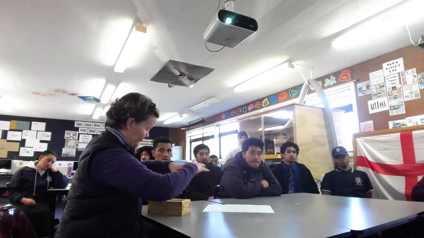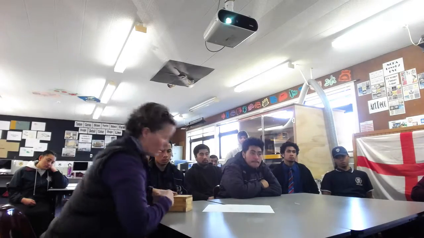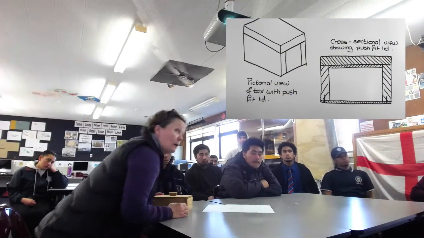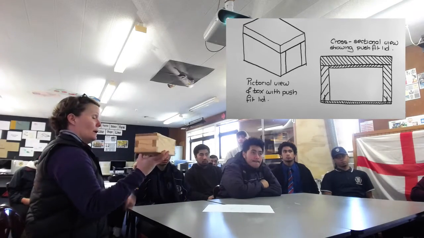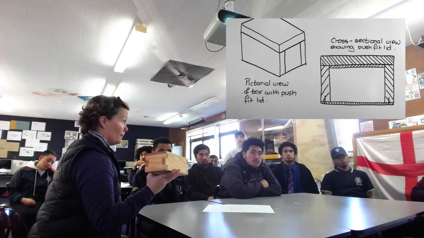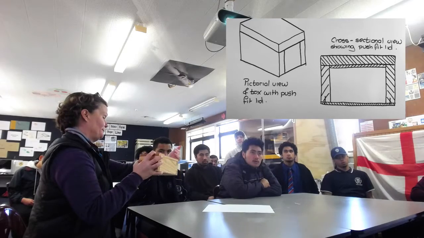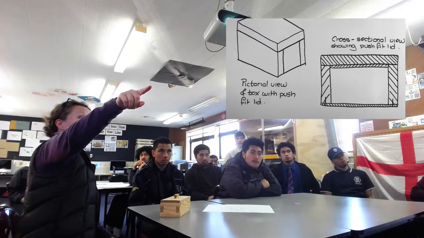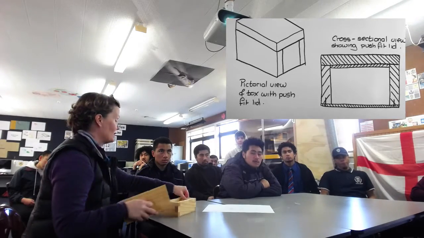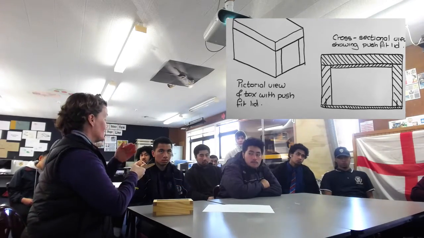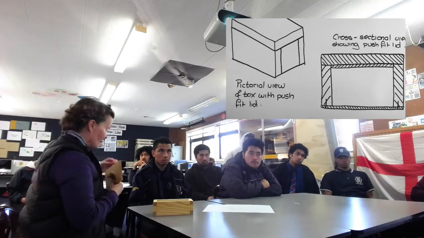Now when we put the lid on this box, we've got another thing to add. I was lazy when I did this drawing, I didn't put the handle on. Again, we've got a pictorial view, a nice pretty 3D view of it in isometric or oblique or whatever you're drawing it in. Then again, we're slicing it through on the bandsaw, but we're also slicing the lid. We're starting off with a rectangle, the same as before. You can still see the thickness of those two pieces there, and the thickness of the base. And now you can see the thickness of the lid as well on top, and the little push fit bit